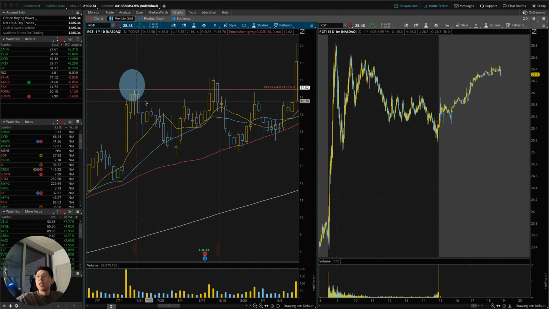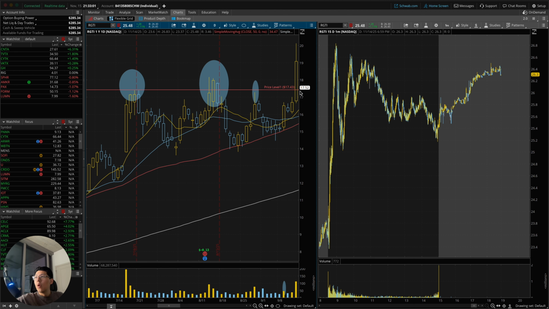So we have been rejecting this level right here this week. Then this particular week we have rejected it as well. Then we rejected it as well. And then once we actually came back down to the 10 and 21, we bounced right here. To be completely honest, this candle right here could have been the perfect entry, but I missed it because, as you can see right here, the volume is way greater than the other days. But it still worked out.